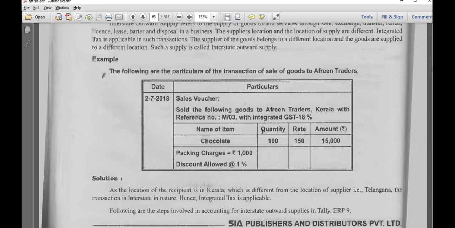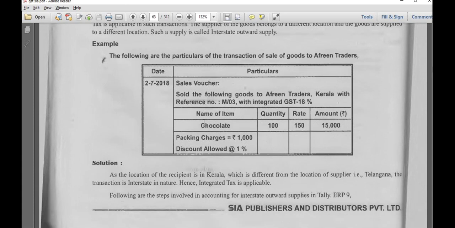Now you tell me what we have to do for this sales. What are the required things? First we need to create a sales voucher, a sales ledger, and we have to create our traders as sundry debtors. We already have the sales ledger and the IGST ledger, so no need to create them. You have to create packing charges under indirect expenses, and discount allowed under indirect expenses. Then you have to select the items. GST is not applicable on these, but it must be included in the tax.